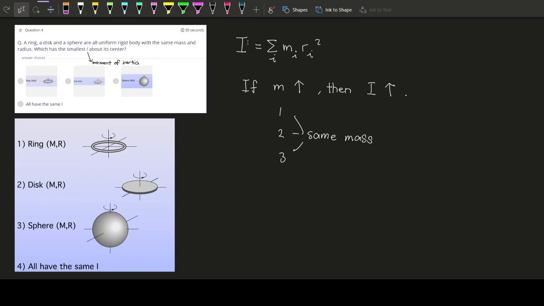If you can't recall what this concept means, you can rewatch one of my videos where I demonstrate moment of inertia. So now we care about how the mass is being distributed. Let's look at case 1 and compare with case 2. Remember, this ring has the same mass as the disc. The difference between the ring and the disc is that for this disc, if you push all the mass in the center to the rim, to the circumference,